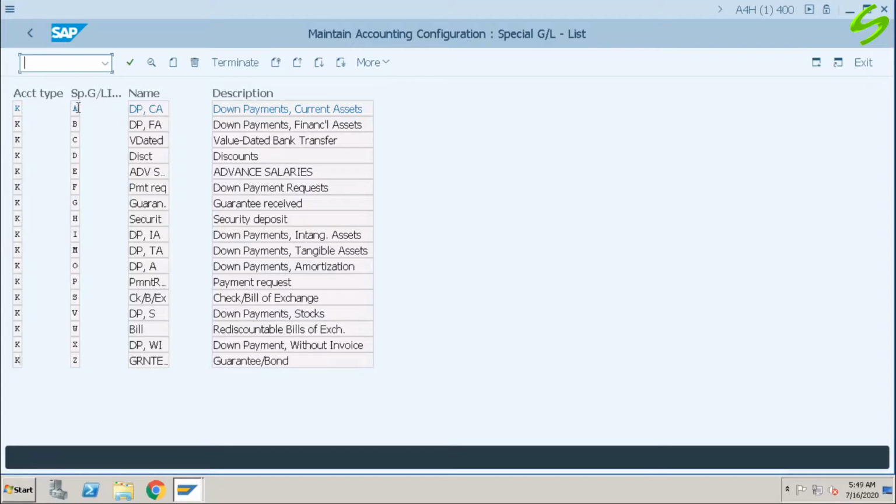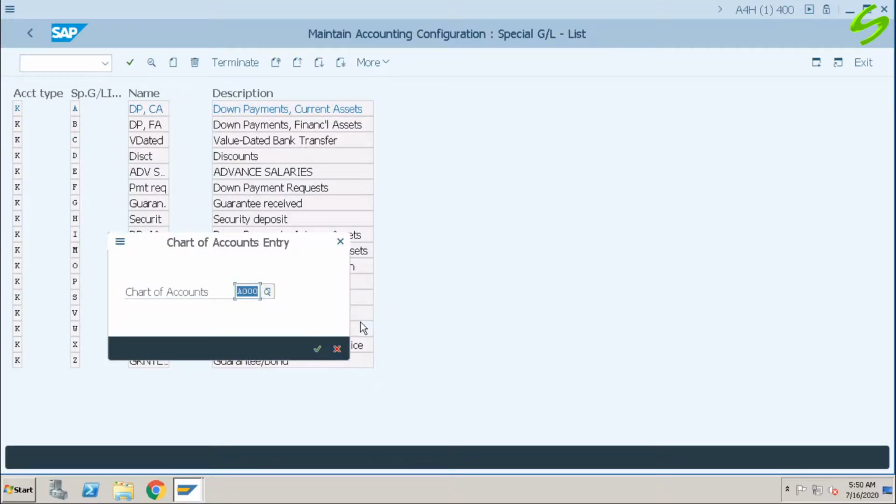Let us double click on the first special GL indicator A, which is for down payments. Some special GL indicators are already defined in the default SAP system. We can use them or we can create our own special GL indicators as needed. Normally we use A for advance payments. Let's give our chart of accounts, which is 8000. Enter.